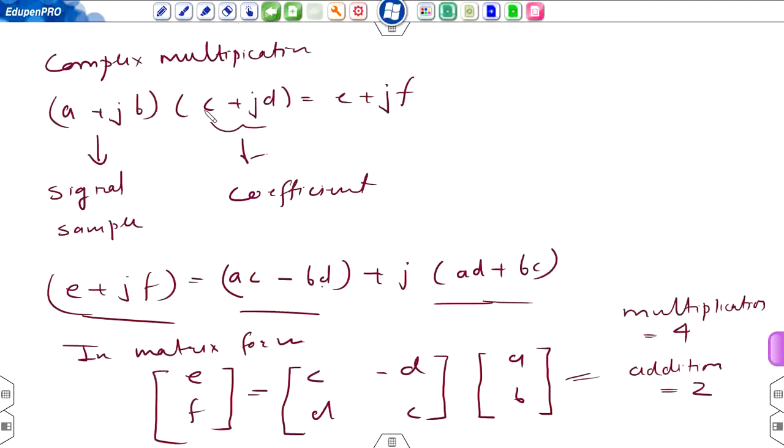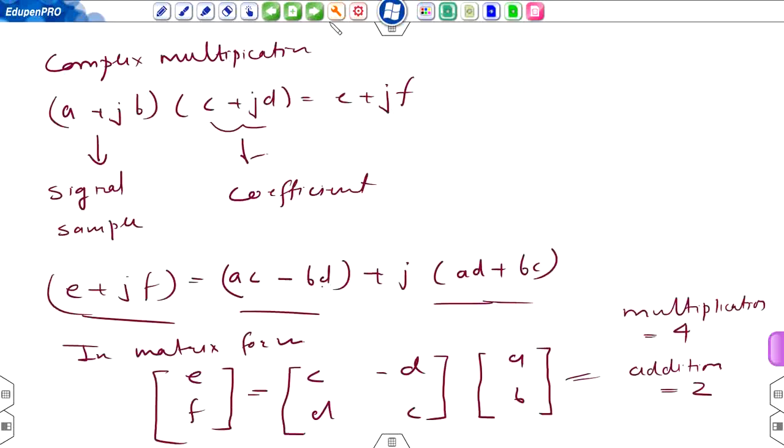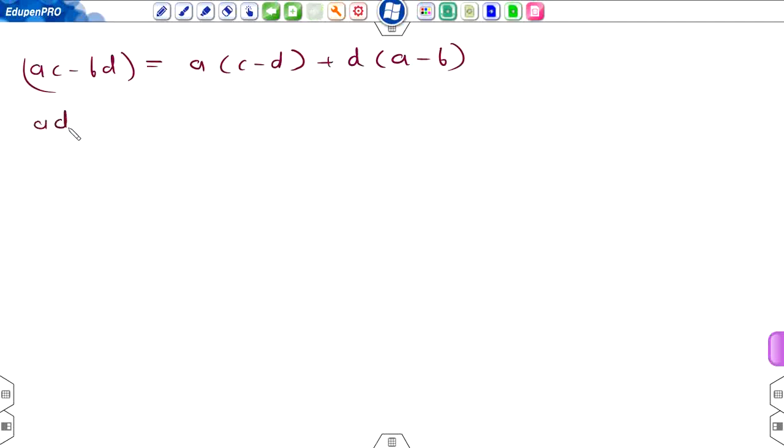Now this term AC minus BD can be written as A into C minus D plus D into A minus B, and the imaginary term AD plus BC can be written as B into C plus D plus D into A minus B. Okay,